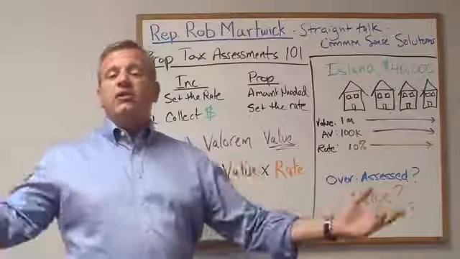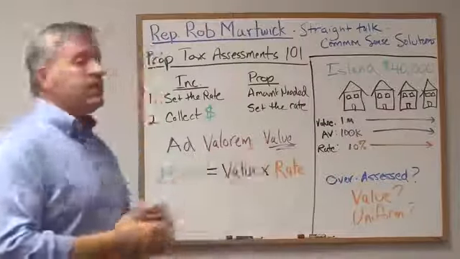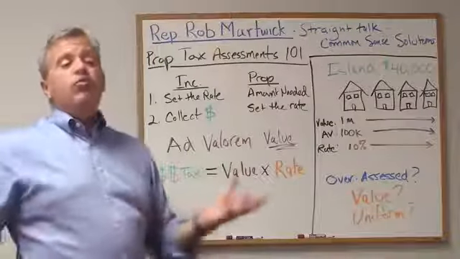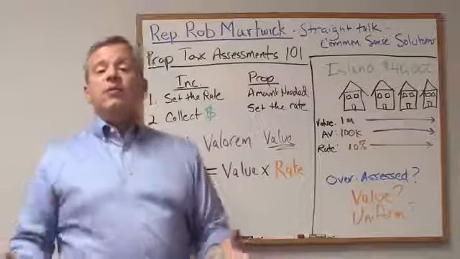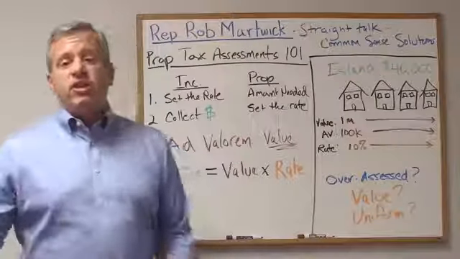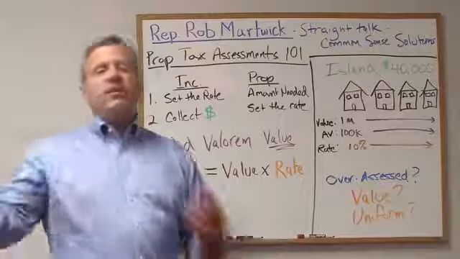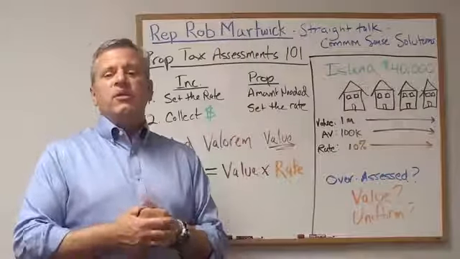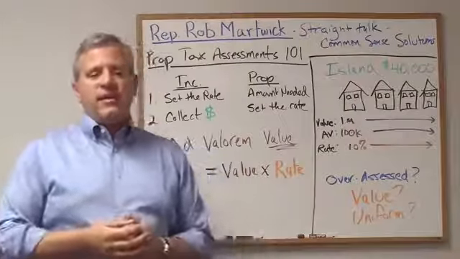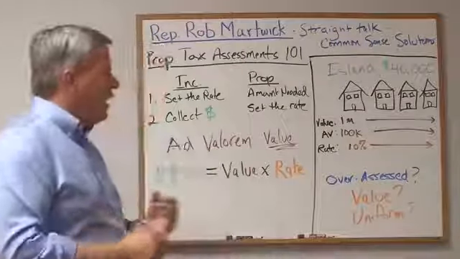Is it right? Is it wrong? Is it good? Is it bad? And that's a different debate. What I would tell you is that most states have ad valorem property taxes based on value. They are reasonably understandable, right? Because typically speaking, poor people don't live in mansions because they can't afford them, and rich people don't live in tiny little houses because they can afford to live in a big fancy house in a nicer neighborhood, right? And so if they live in a more valuable house, they pay more property taxes because they can afford it. And that's the way it's supposed to work. That's the way this system works.